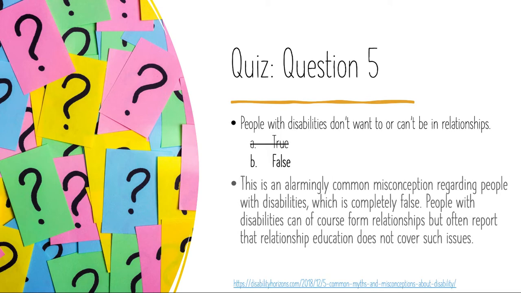And finally, question 5. People with disabilities don't want to be in or can't be in relationships. Much like the other statements, this is an alarmingly common misconception about individuals with disabilities, and particularly related to whether people with disabilities can be in or can't be in relationships. People with disabilities can, of course, form relationships, but often report that relationship education, particularly that in schools, does not